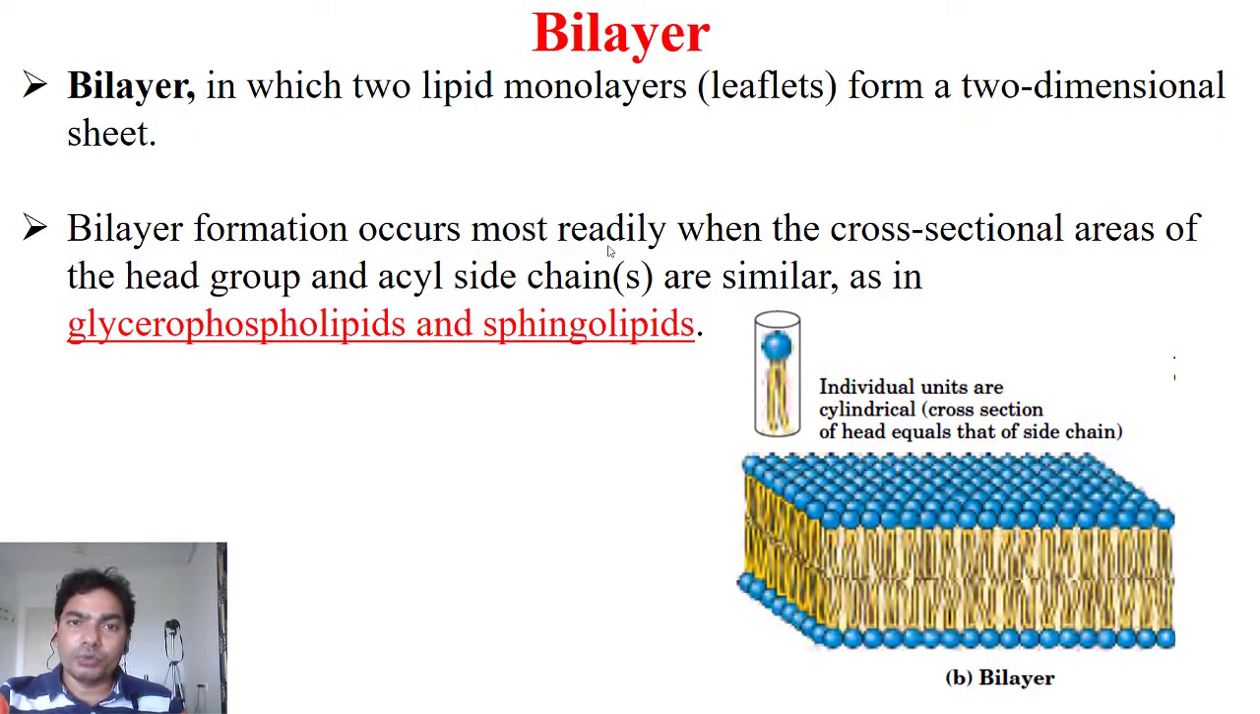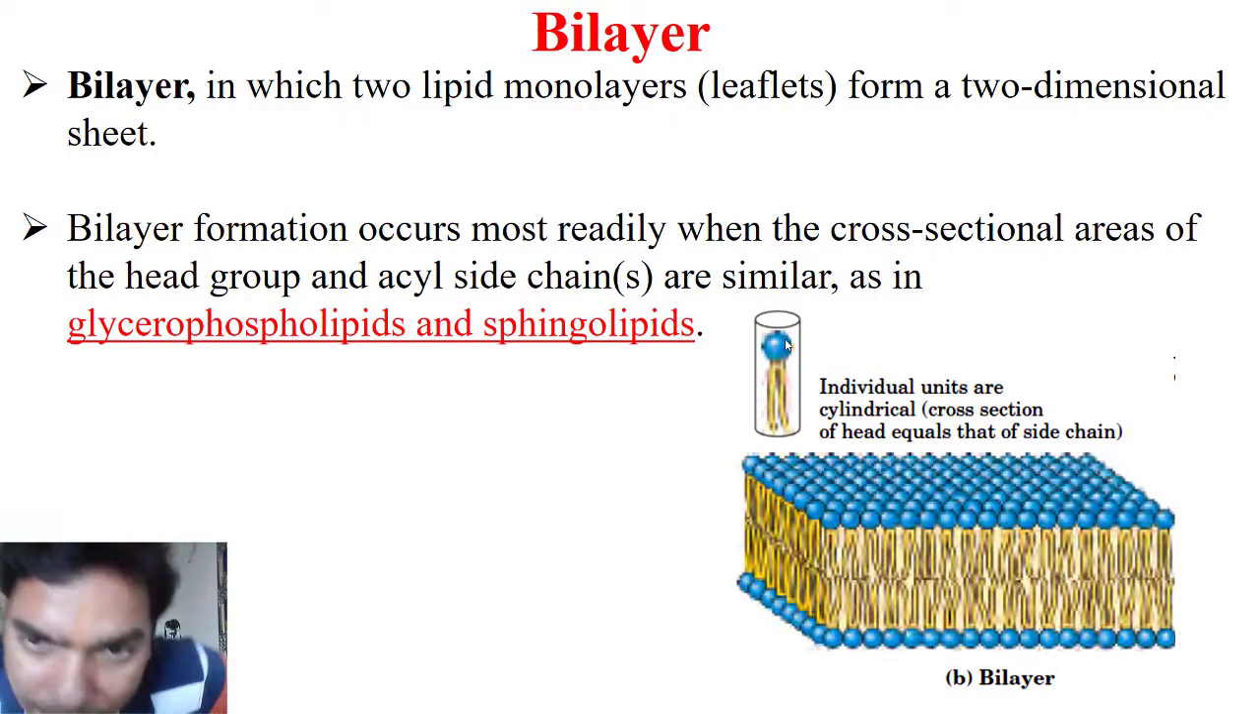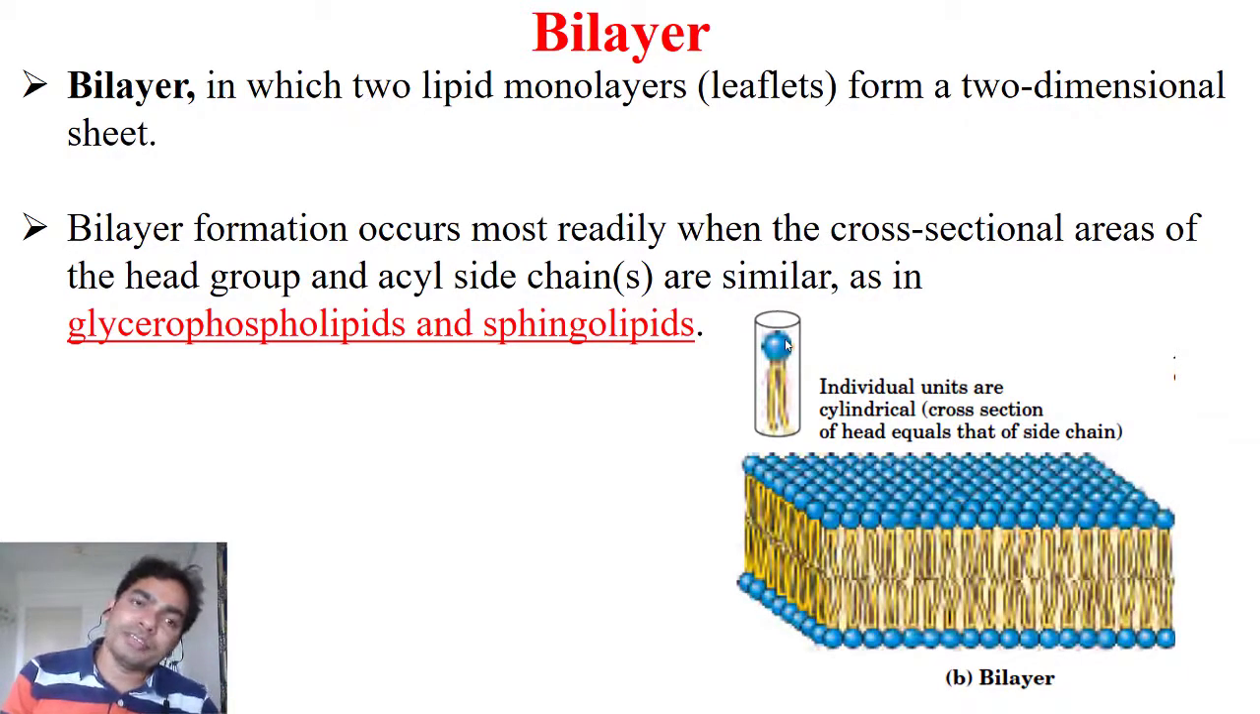Bilayer formation occurs most readily when the cross-sectional areas of the head group and the acyl side chain are similar. Means here what is the condition? The condition is when the cross-sectional area of the head and the acyl chain, the fatty acid chain, are similar, right? So if there are long fatty acid chains, then they may be similar, so they can make the bilayer, right? So what is the example? Glycerophospholipids and sphingolipids. Glycerophospholipids are basic phospholipids actually, and the sphingolipids, which form the bilayer structure,